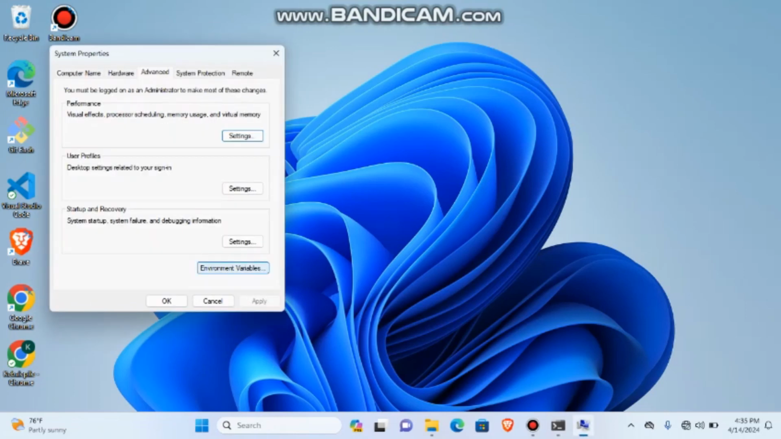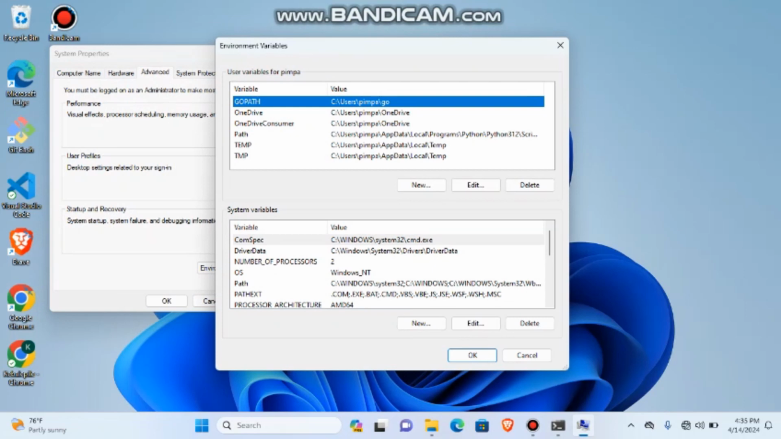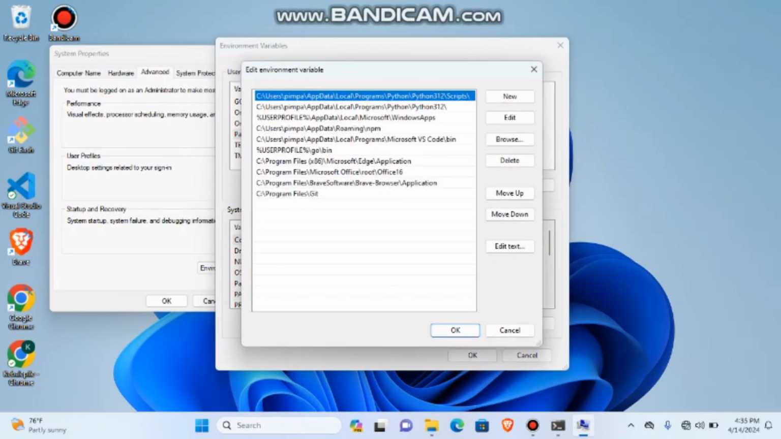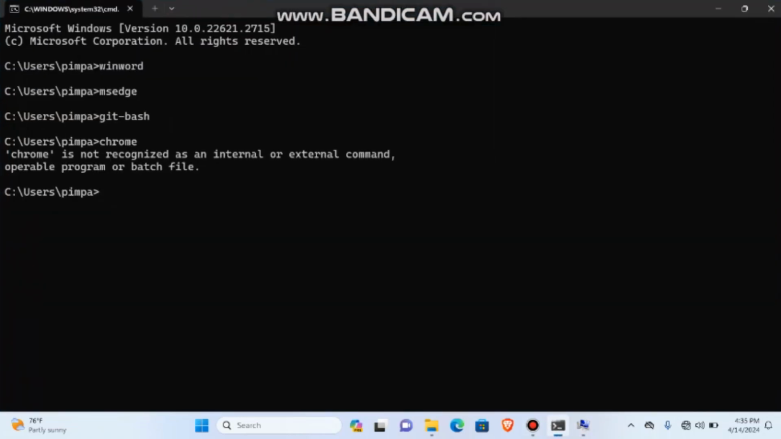Open it, click the environment variables button, then you would find user variables for whatever your username is, then go to path, click it, then click edit, and these are the current paths that I've added to my environment variables. So the reason that I can open PowerPoint, MS Word, is because I added their location. So every time I type let's say PowerPoint,